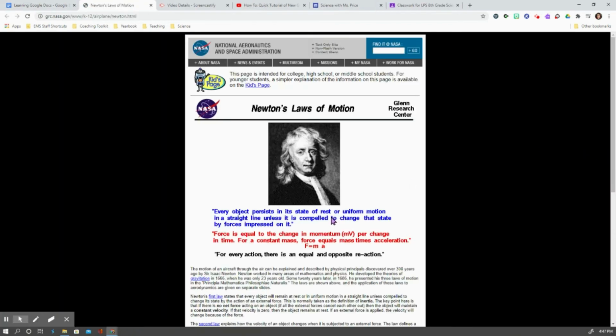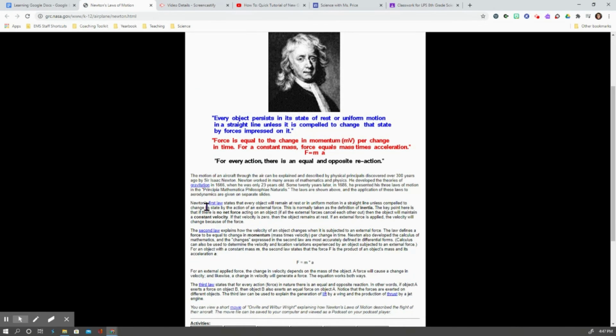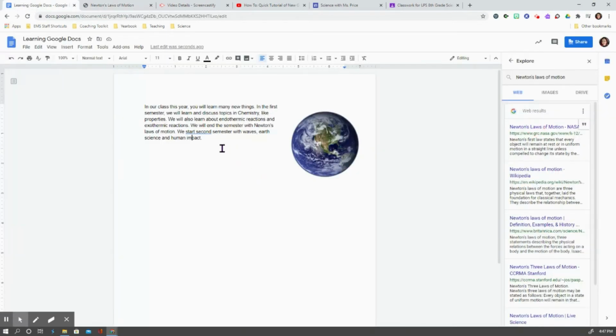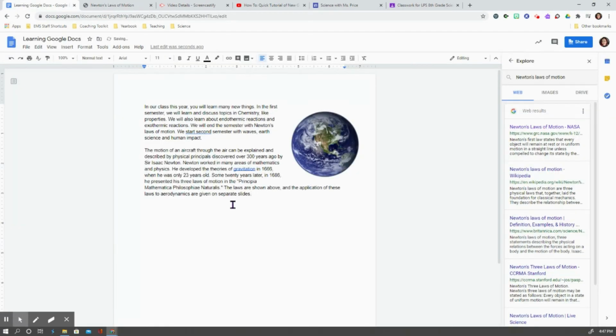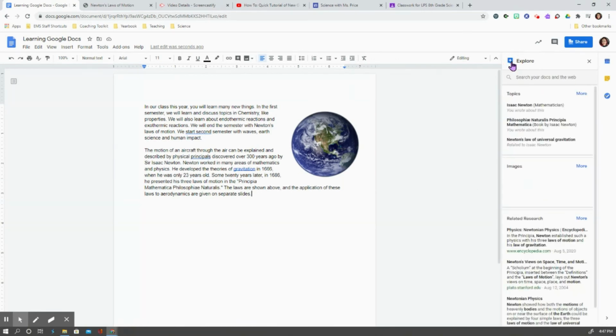Let's say I need some more information on Newton's laws. Resources it gives me, and I can say, oh, okay, well, I need another paragraph for my paper, so I'm just going to go ahead and copy this, and then I'm going to paste it into my assignment. By hitting Control V, I can paste that very quickly. I'm going to go back to my Explorer. Now,